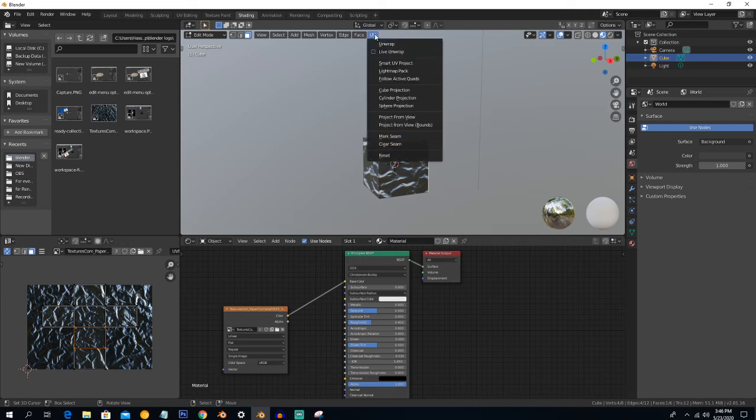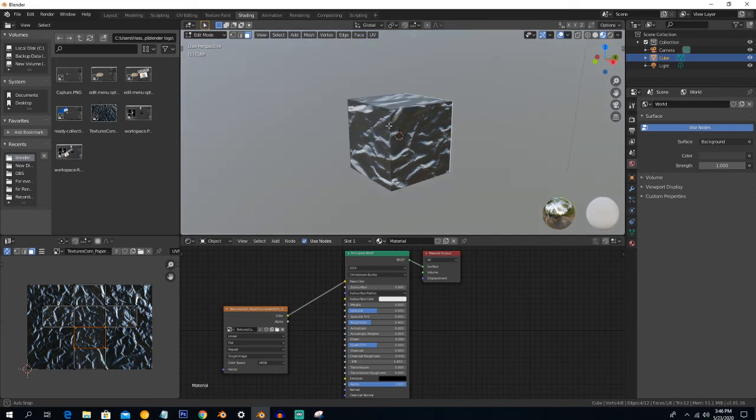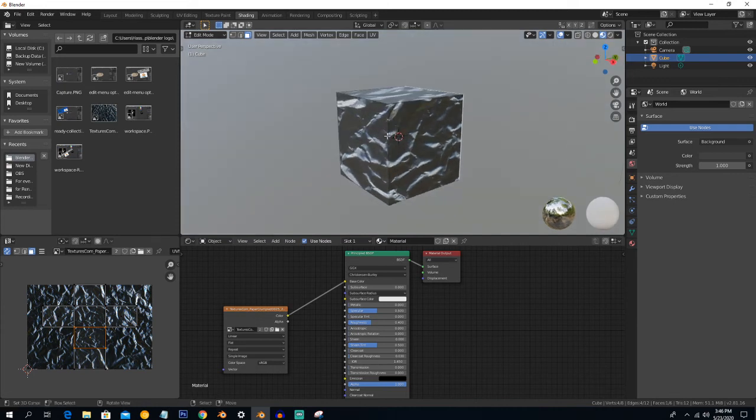And for the first option here, to use it, you have to first mark some seams on the object. What is marking a seam? It is just like telling Blender where to cut your object.